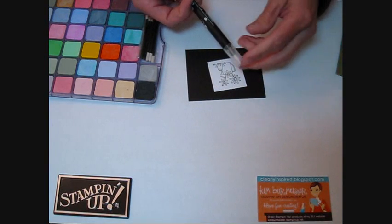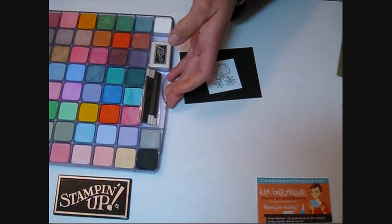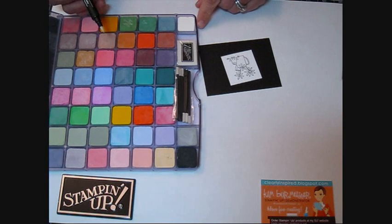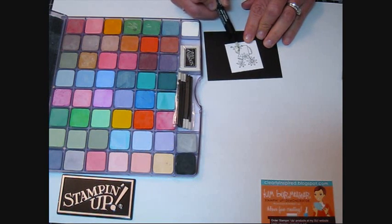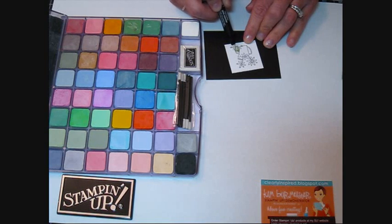I started out with my blender pen, and I did my frog first. Okay, I take my blender pen and just grab some ink. I hope you can see that here. Grab some ink with my blender pen and bring it over to the frog and just start filling him in. Where you first lay down your ink is going to be the darkest, so I try to do that on the outside of the image, or where the light's coming in from this side. He's getting blocked a little bit, so he's going to be dark. I try to make the outside of my images a little bit darker than the inside, and then you just pull that in